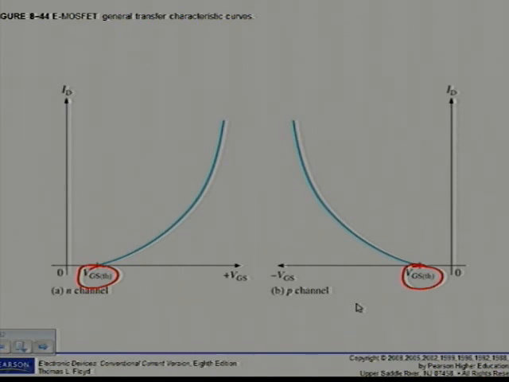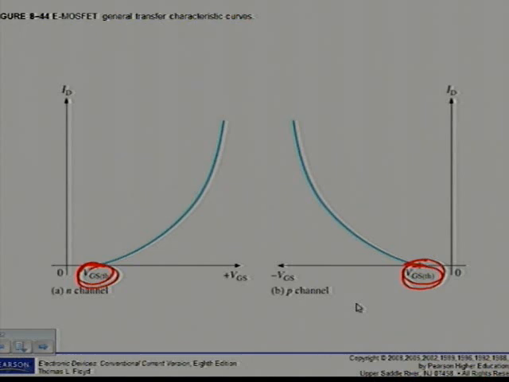So, the equation for the parabolic transfer characteristic curve of the E-MOSFET differs from the JFET and the D-MOSFET because the curve starts at VGS threshold rather than VGS off. Make sure that you note that, because it never intersects the vertical axis. So the equation for the E-MOSFET transfer characteristic curve is equation 8.4, where ID is equal to K times in brackets VGS minus VGS threshold, squared. The constant K depends on the particular MOSFET and can be determined from the datasheet by taking a specified value of ID called ID on at the given point of VGS and substituting the values into the equation,